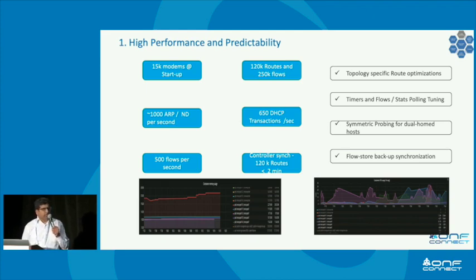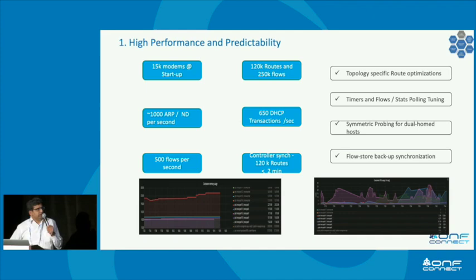Those are some of the things we have looked at varying so that we can get better performance. We've also done some optimizations which are very particular to our environment. Some of it is what we call route optimization: all these endpoint hosts in our particular case only need to go to one part of the leaves, and the rest of the leaf switches don't need any of those routes. So we've put in an optimization that takes into account the visibility of the topology and makes those specific extensions,